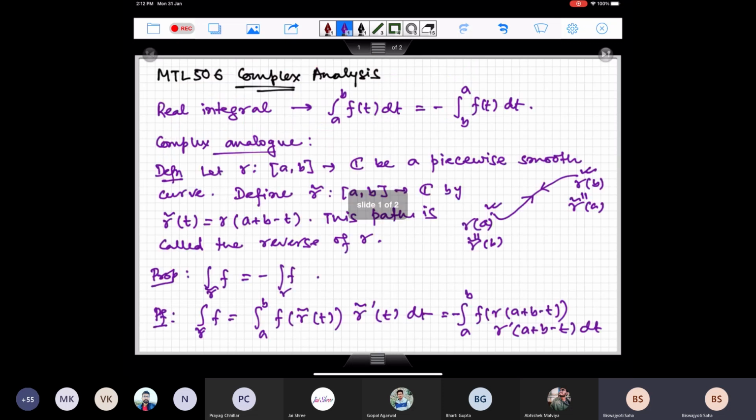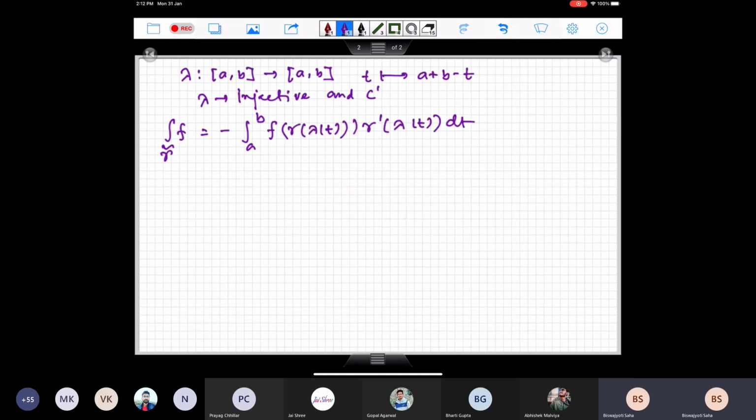This is what I have, because I have said this is lambda prime of t. So I can write this as a to b f of gamma of lambda t, and then gamma prime of lambda t is nothing but,